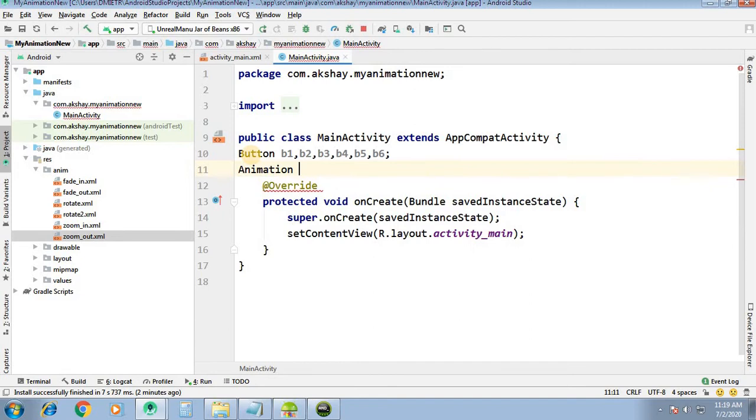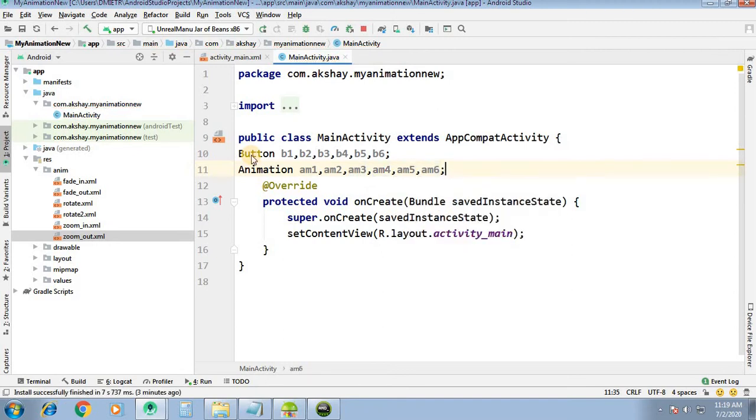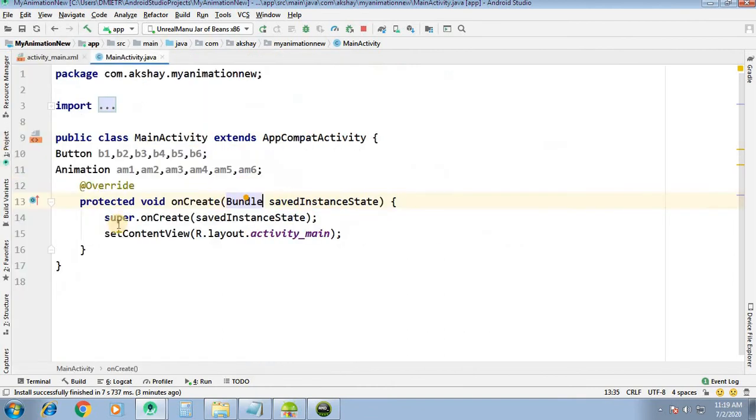Animation, again 6: am1, am2, am3, am4, am5 and am6.